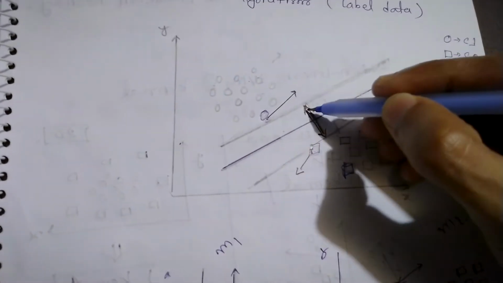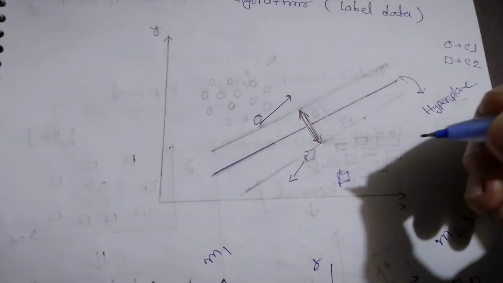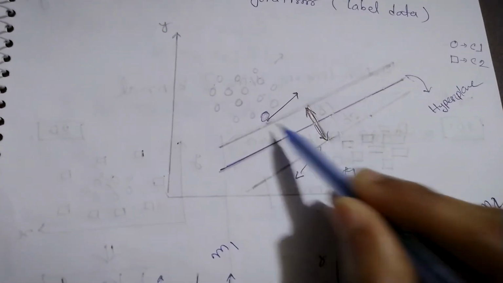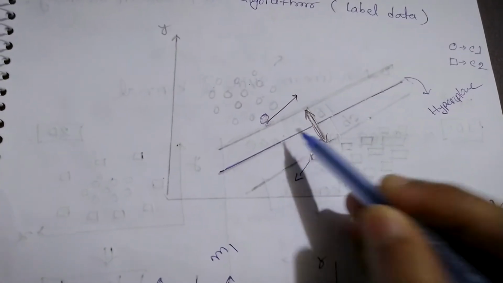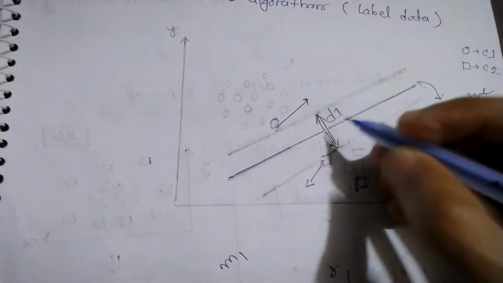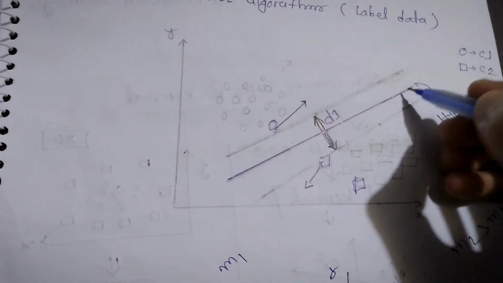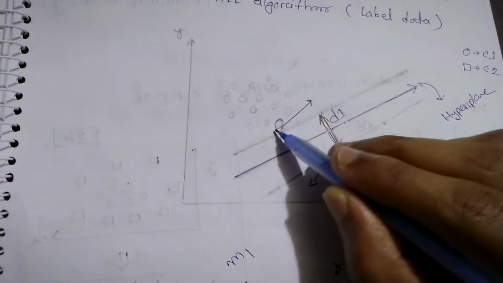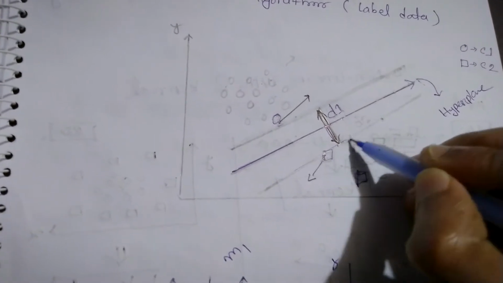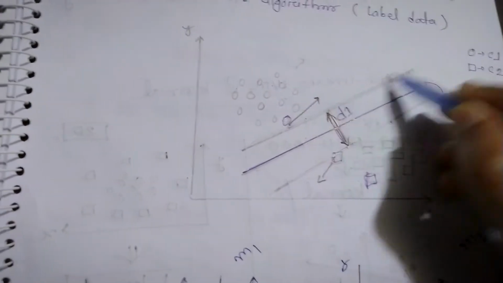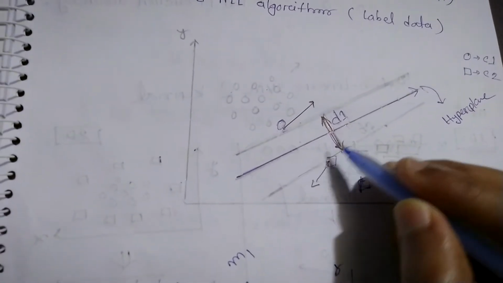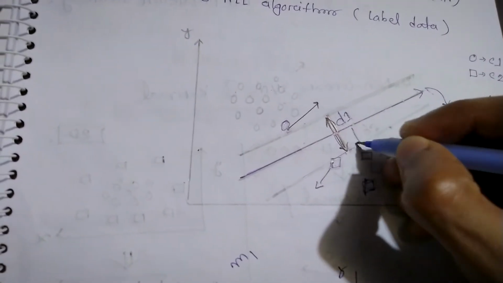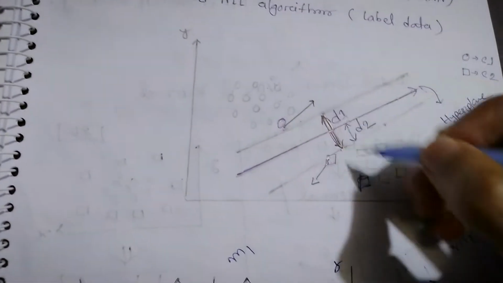If you add those lines, you get a margin. This margin is very important. When you draw a line that separates those two data sets properly, suppose this distance is d1 from your main hyperplane. This bold line is actually your hyperplane, and the other two are your soft margins, which are very close to your last data points. Draw a line from each last data point, and if you connect all those, you get d1 plus d2. Add those two distances and you get a margin.